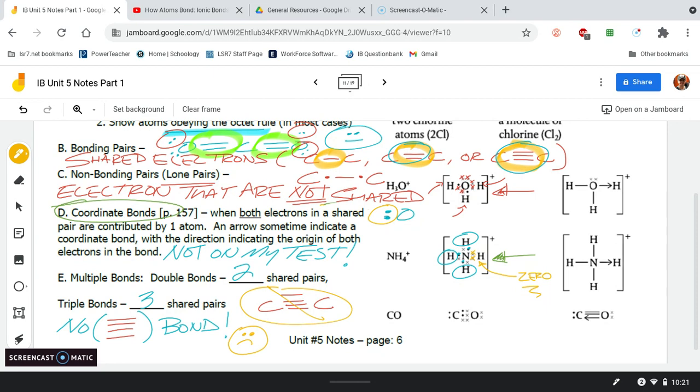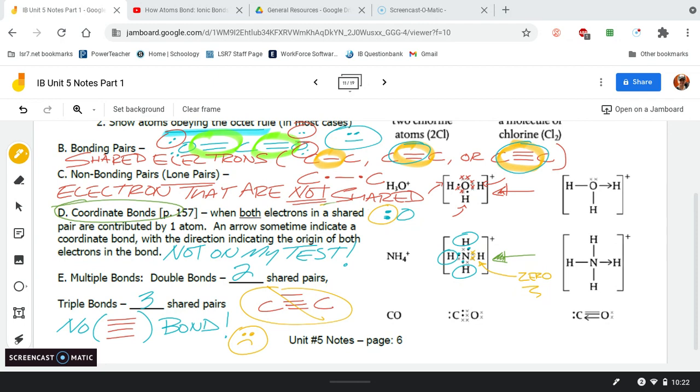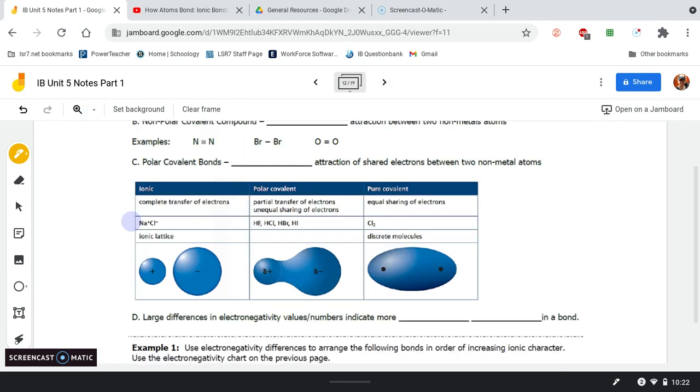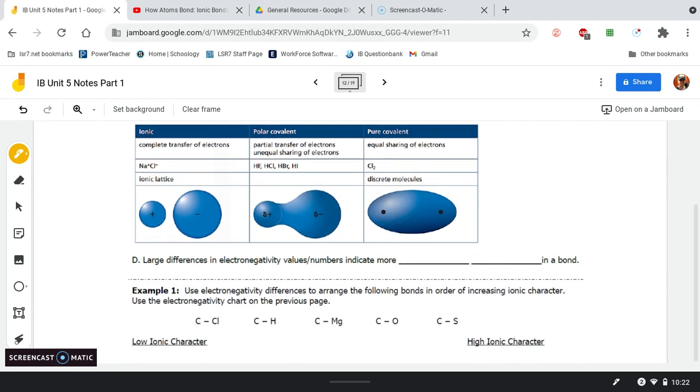So next is I can actually show you how to build these things on your own. So we're going to go through a little bit of comparing the 2 types, right? So we're going to compare ionic to covalent, but then we're going to show you how to draw these. So we'll kind of finish